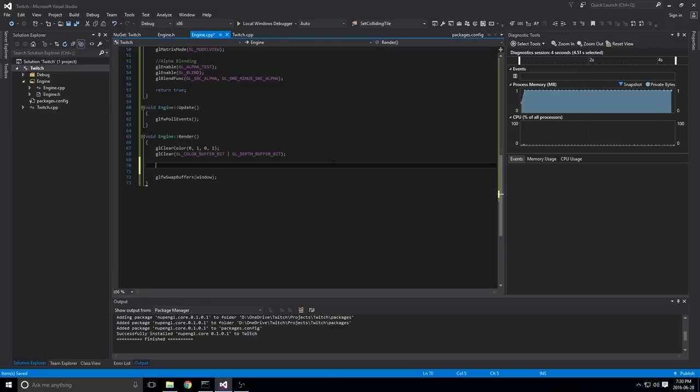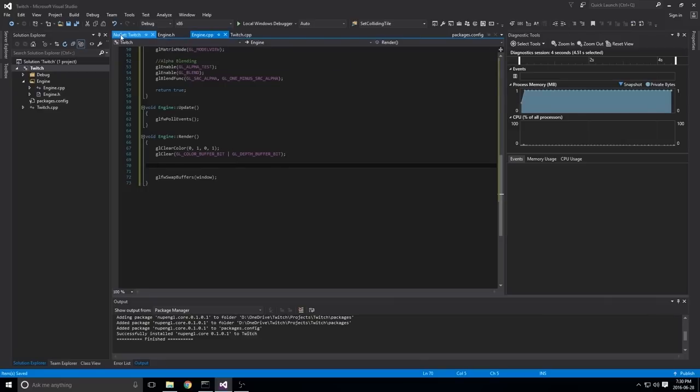So anything that gets drawn in here, we'll actually be able to see. Anything that gets drawn outside of this, after we swap the buffers, will never be seen by human eyes because we've already swapped our buffers. Anything we draw after that is just going to get replaced when our code comes back up here and clears everything again. So if we want to draw anything in our entire game, it needs to happen between these things here. But for now, there's nothing to draw.